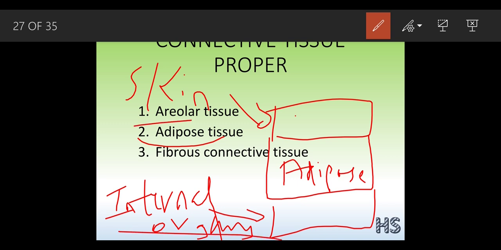This adipose tissue is also called fat tissue because it helps to store fat and it also gives insulation. If the layer of adipose is more, there is more insulation. That is why you can see people who are quite fat excrete a lot of sweat from their body. Why? Because this adipose tissue works as insulation. It allows the body to heat up. The more the fats, the more the insulation; the less the fats, the less the insulation.